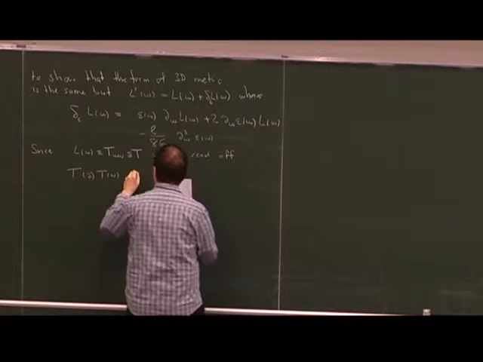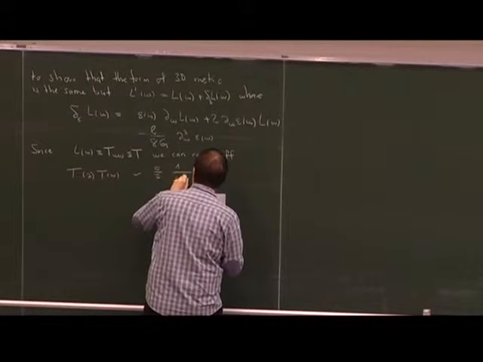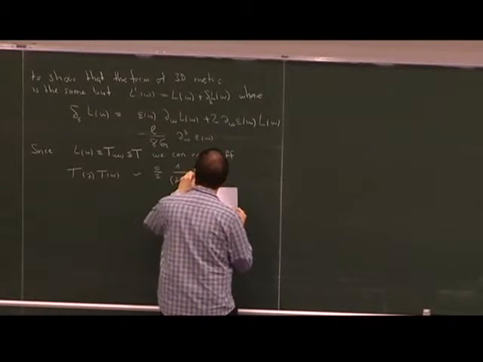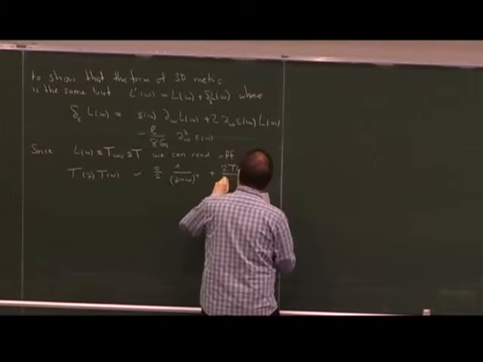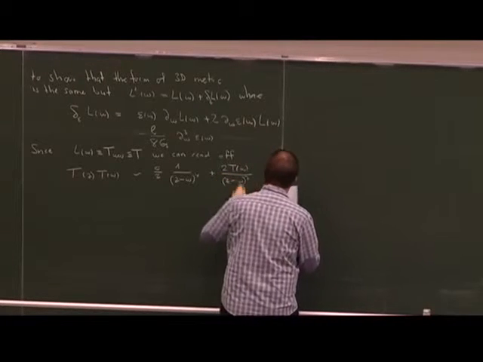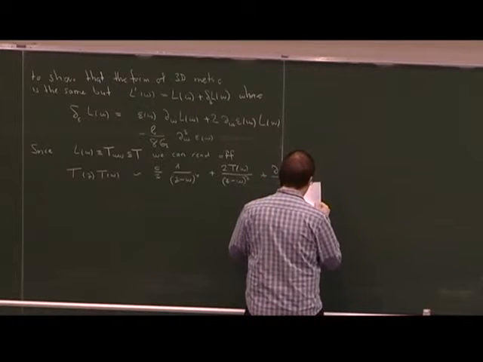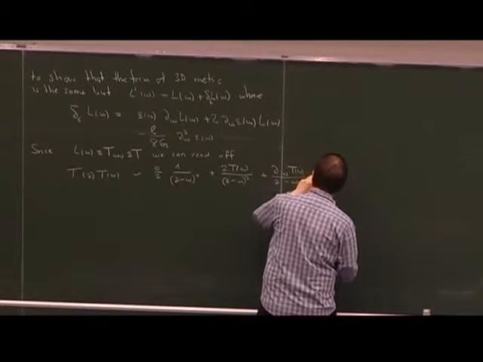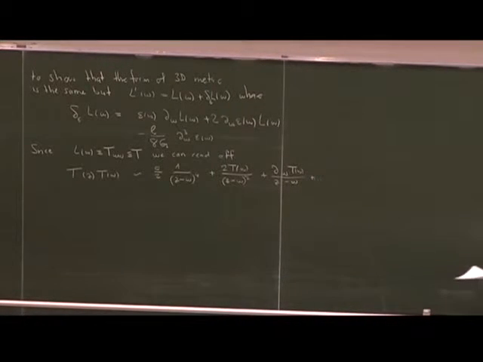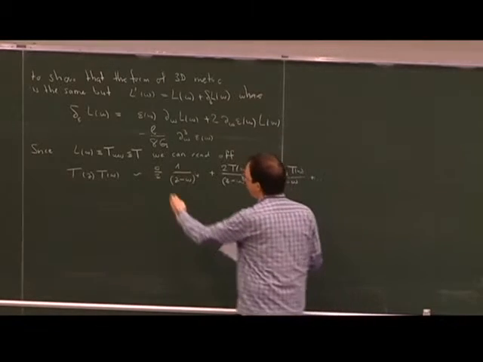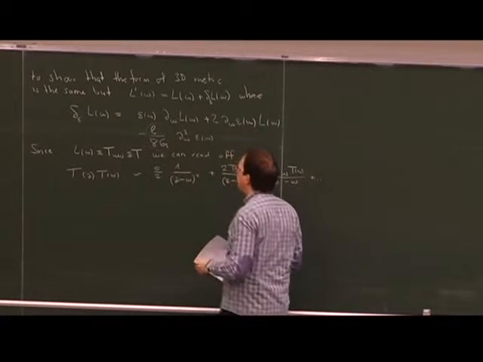So the OPE for T(C) and T(W) is basically C divided by 2, 1 divided by (C minus W) to the power of 4, plus 2T(W) divided by (C minus W) squared, plus the derivative term. Okay, this is the usual OPE, and the only thing which we have to fix is the C here, and the C we can read off from this coefficient here. It's not precisely this coefficient,